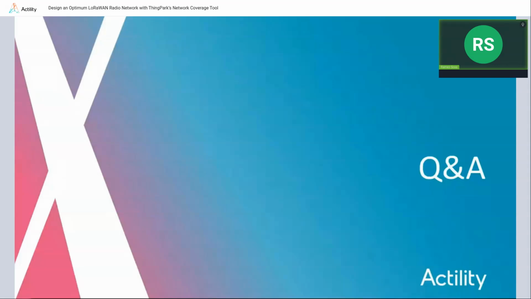So not only to have the signal level or whether the pixel is covered or not, but also the number of gateways that could cover each part, so each pixel. And accordingly, once we have this information, one of the inputs that we can provide to the simulation in a future release is to tell the tool that I want at least 2 gateways to receive each device, for example, or 3 or 4 gateways.